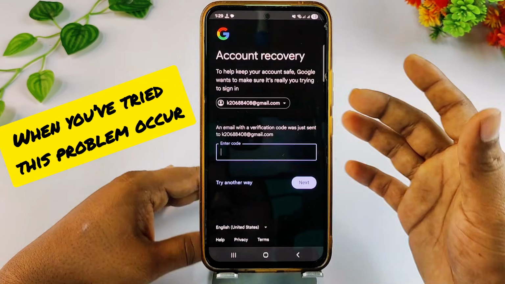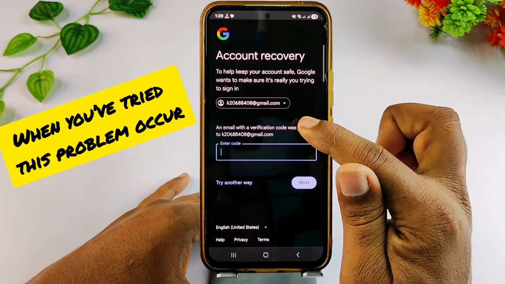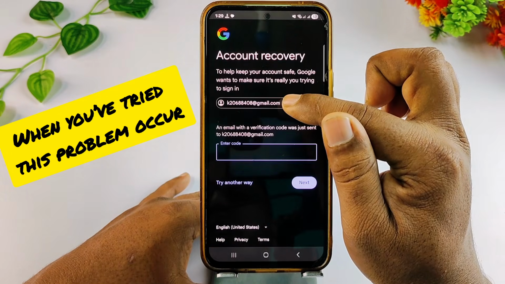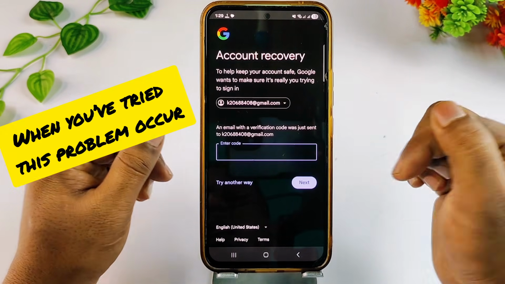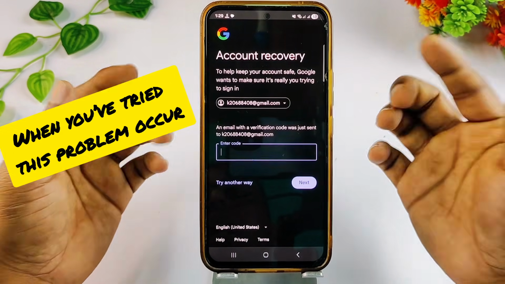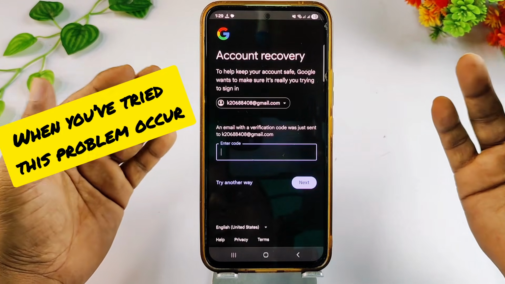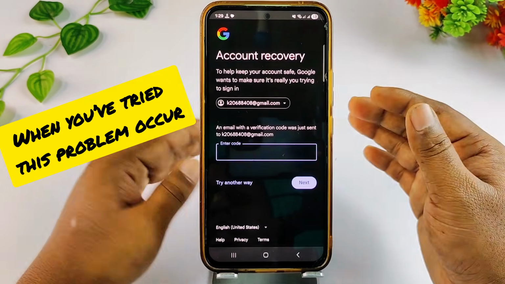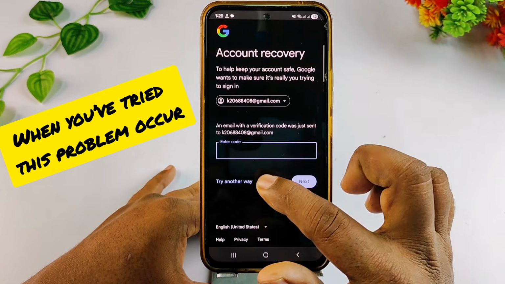And there is another problem, which is an email with a verification code was just sent to that same Gmail. I want to recover this Gmail, and Google sent the code number into that Gmail. So how can we actually recover that account? That's not possible. Okay, so what I need to do, I need to click here try another way, this option,